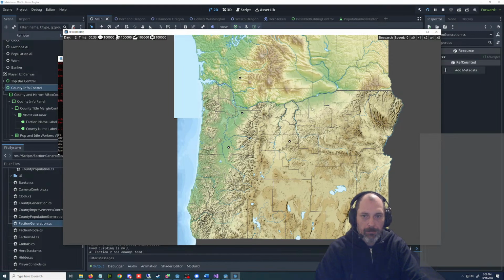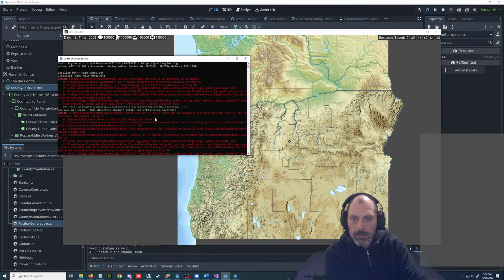Here we can pause time. Invoke Godot method. That's a different error, though.